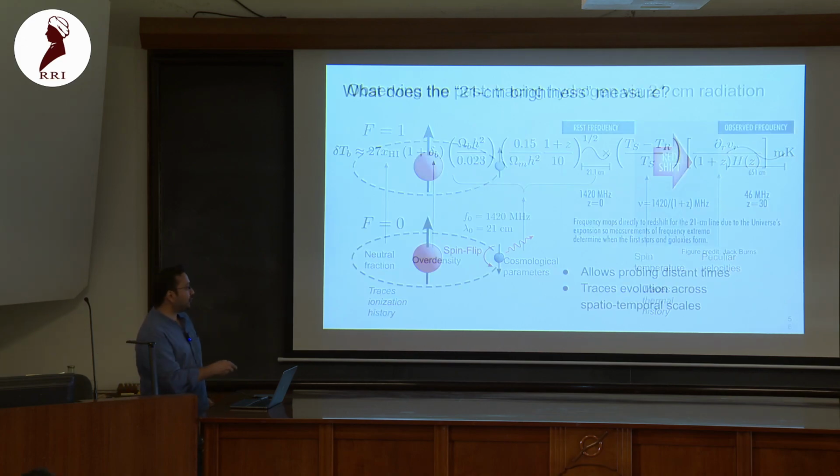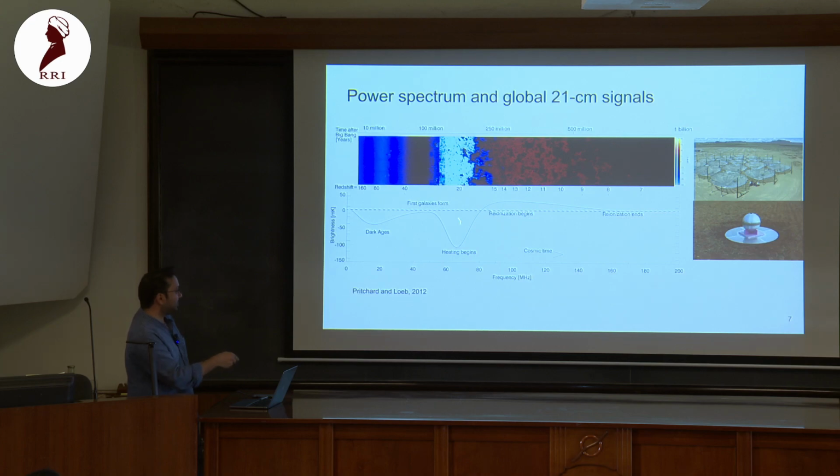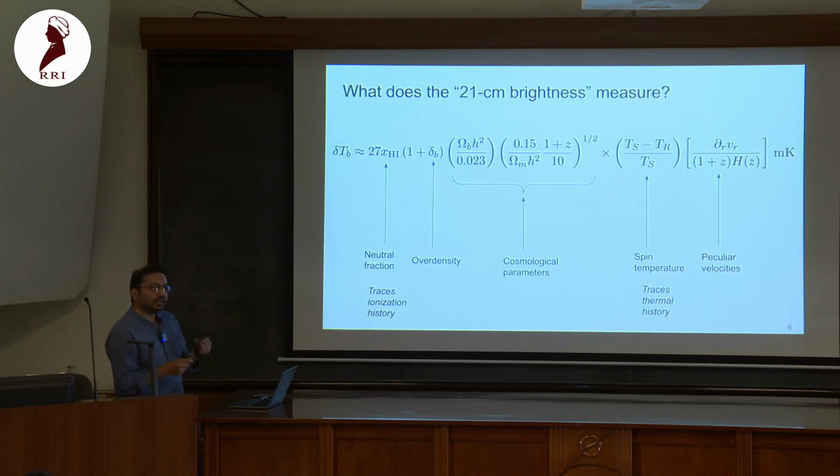So what is this thing, Ts? For epochs here, Ts is basically our gas temperature, and Tr is the background temperature. So it is with respect to the background temperature. It's a differential measurement in some way. You are measuring the contrast between the gas temperature and the background temperature.